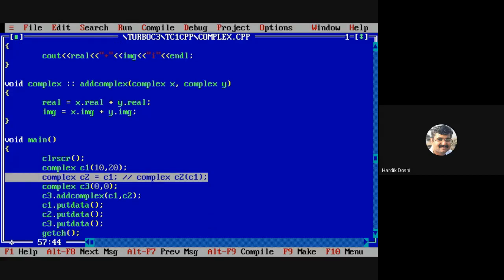Now I am remodifying this same program. Just check it out. You have to observe. I will not speak anything. You have to observe what I am doing.